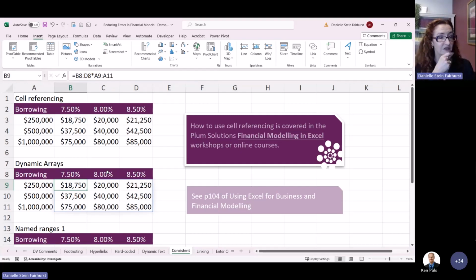Lambda functions and making them checkable. Oh, that's my main issue with lambdas, they're difficult to audit. And it's fine if you've built it and you know how to do it, but a lot of the financial modelling to me is you build, there's always about 10 different ways of doing something. You could do it like this, you could do it like that, and I'm going to show you a couple of other ways now. And you've got a choice as a modeler, which technique you're going to use and which formula you're going to use.